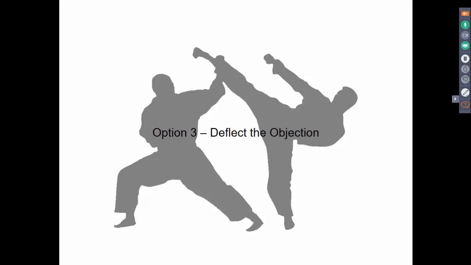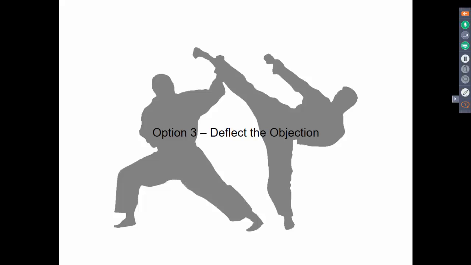The overcome the objection would be trying to hit the guy back, or the girl, whatever. And the comply would be being kicked and falling down. So I'm not really a karate-knowledgeable person or enthusiast, but I do know that if someone's trying to hit you and you deflect it, you're pushing it away, so that your goal is, if anything, just to keep standing, to stay in the game, and push the hit away so that you can continue on.